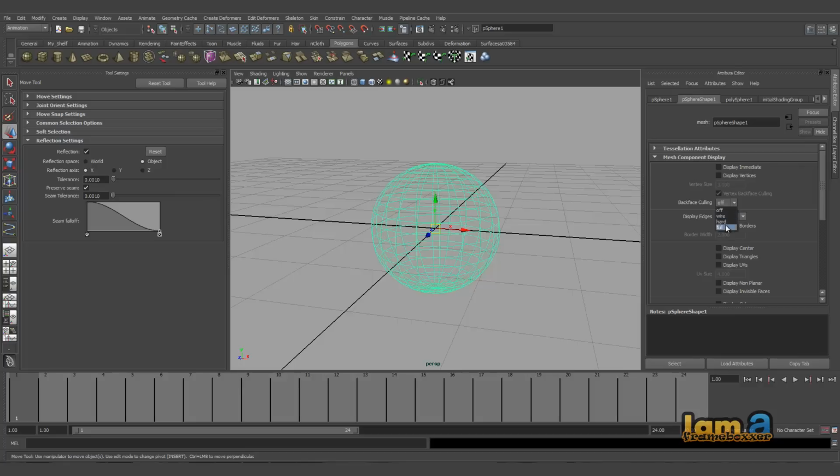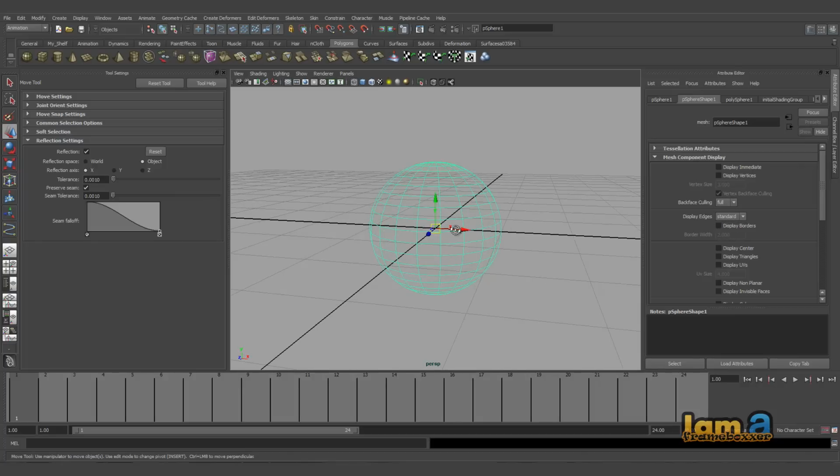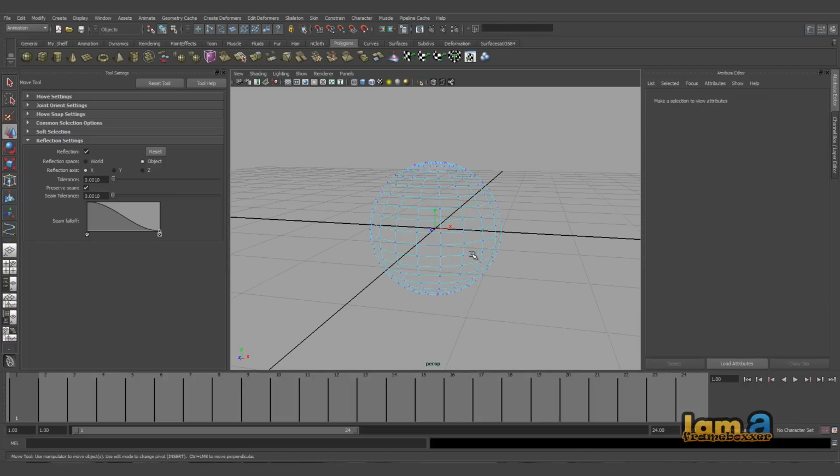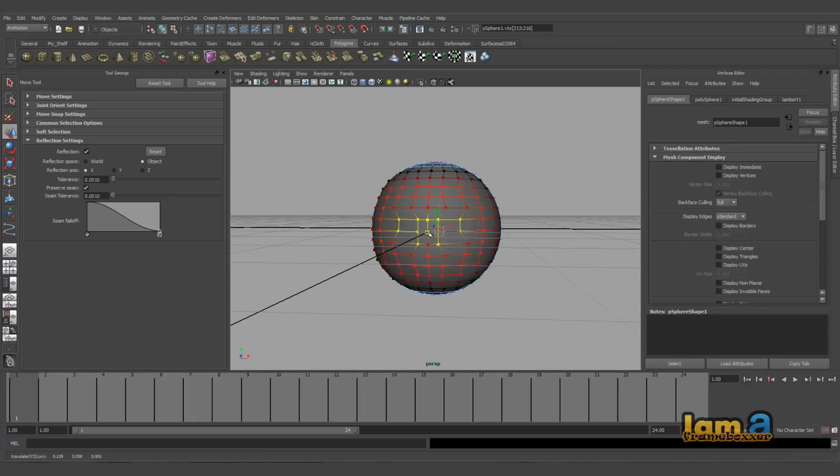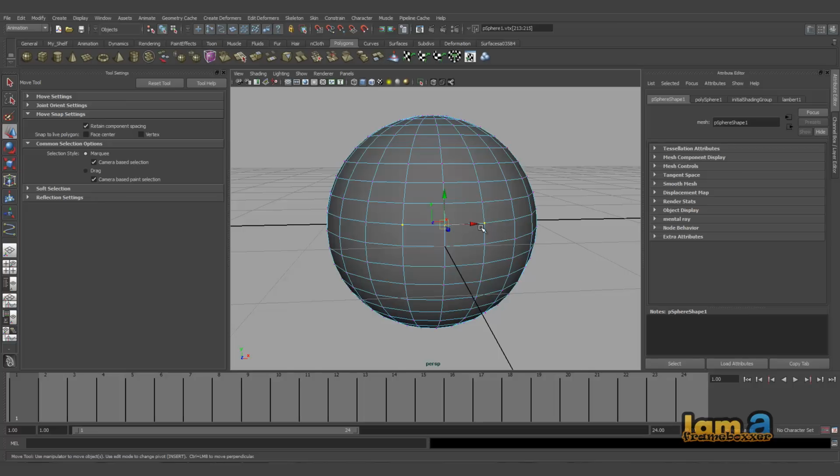The moment I put this on to full, or hard, whatsoever, you don't get to see the back faces. Now I drag and select, so there's no way that the behind faces get selected, and you can start working with this. But still, this is a very quick option to remember, right?